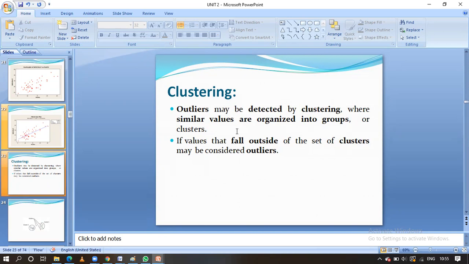Suppose I take one object from one cluster and another object from another cluster, they will have different properties. Why? Because they are from different clusters. And any object that is outside of all the clusters, we call erroneous or noisy data. In this way we are going to find the erroneous or noisy data and remove it with the help of clusters. Understand, guys? Clustering is the sixth unit, where we will cover different techniques related to clustering.